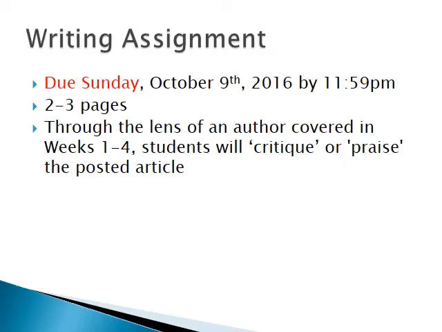Where are we now? And what would Wilson say about that? Maybe from a dichotomy standpoint, or what would Weber say about that? Or what would Gulick say about that? So when you're doing this, quote, critique or praise, would they support that article and why? This is going to force you to really understand those theories inside and out in order